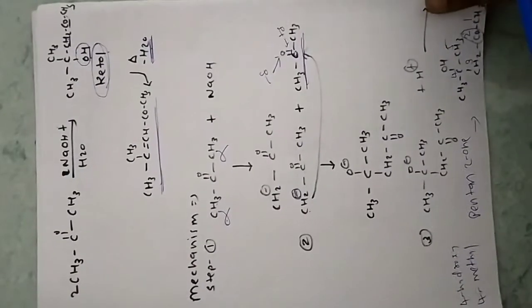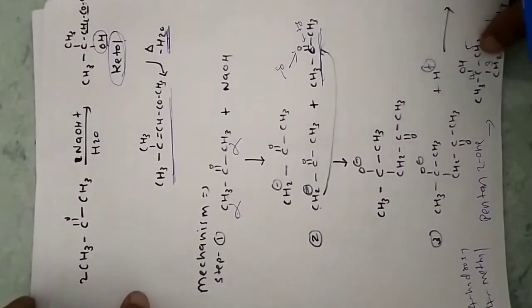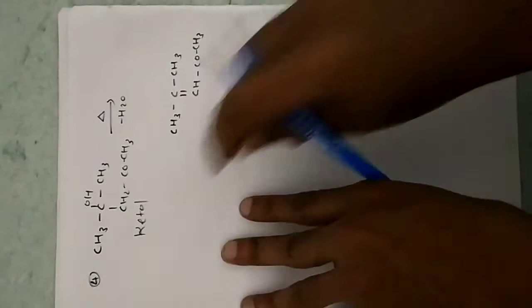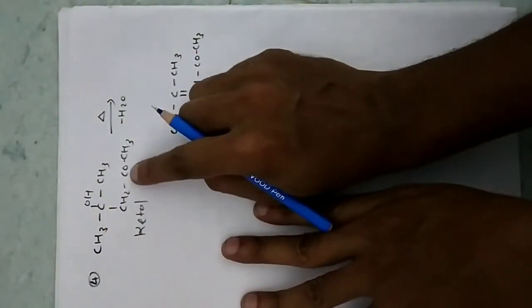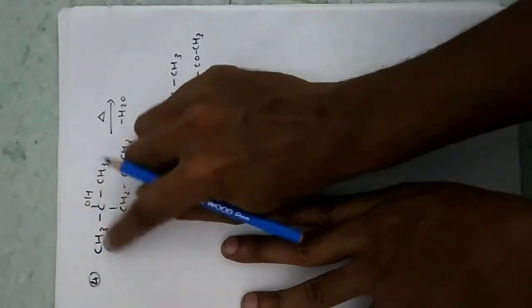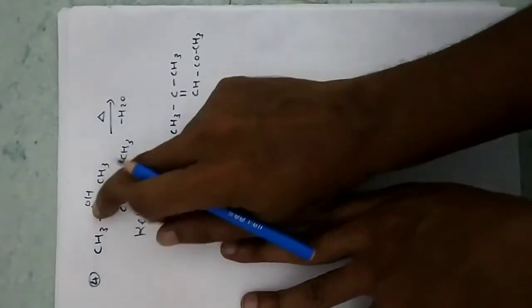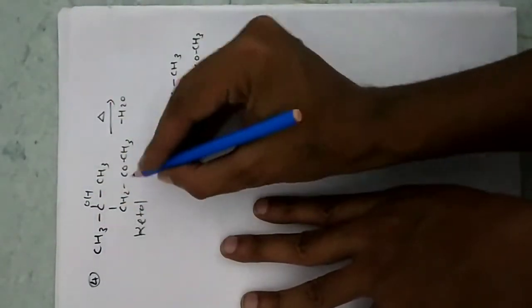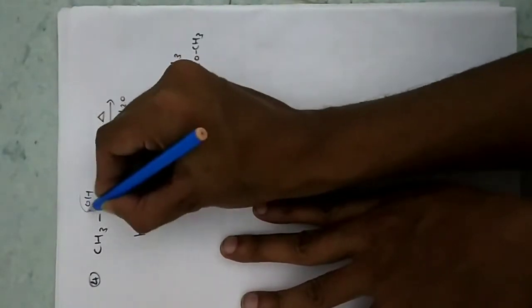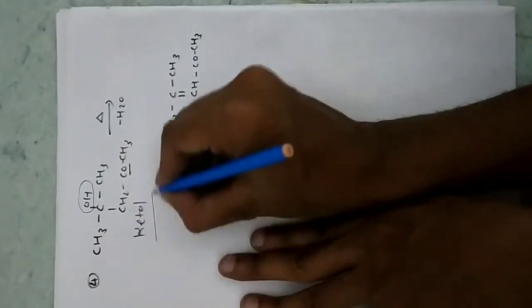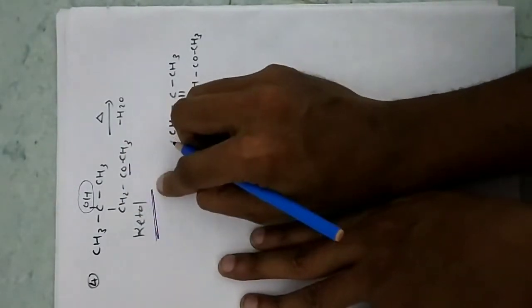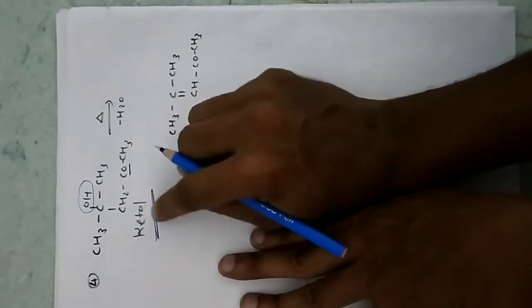Now in the next step, what will happen? We have to remove H2O. So you can see here, CH3, COH, CH3, CH2, CO, CH3 and OH is here. This one is the same product that we got in the previous step. Here CO and OH, they both are in the same structure, so it is called ketol. Ketone plus alcohol, so it is called ketol.